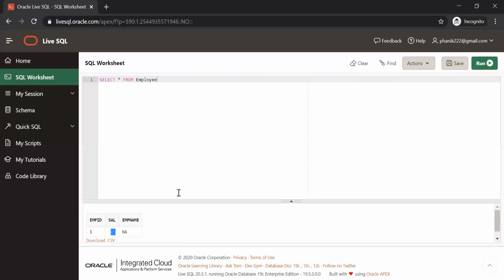Now why is it not showing anything? Because it was already having null value. It is not a new value. So now if I try to insert into employee, EMP ID value 2, now you see what happens. That is the reason why I have shown you two things. One is when you add a new column with a default value, it will not impact the existing data.